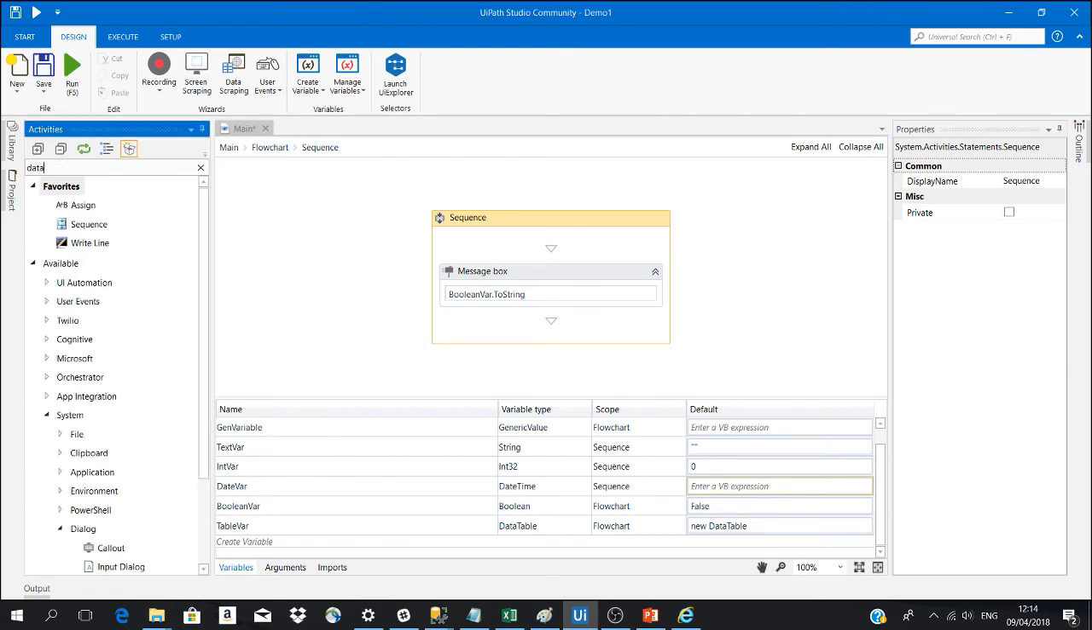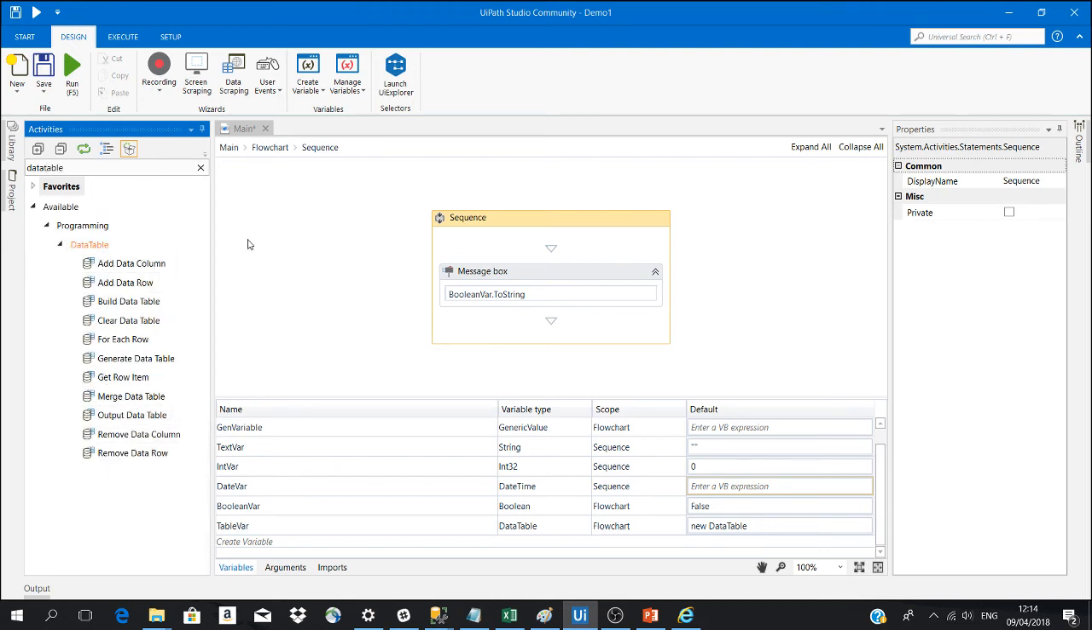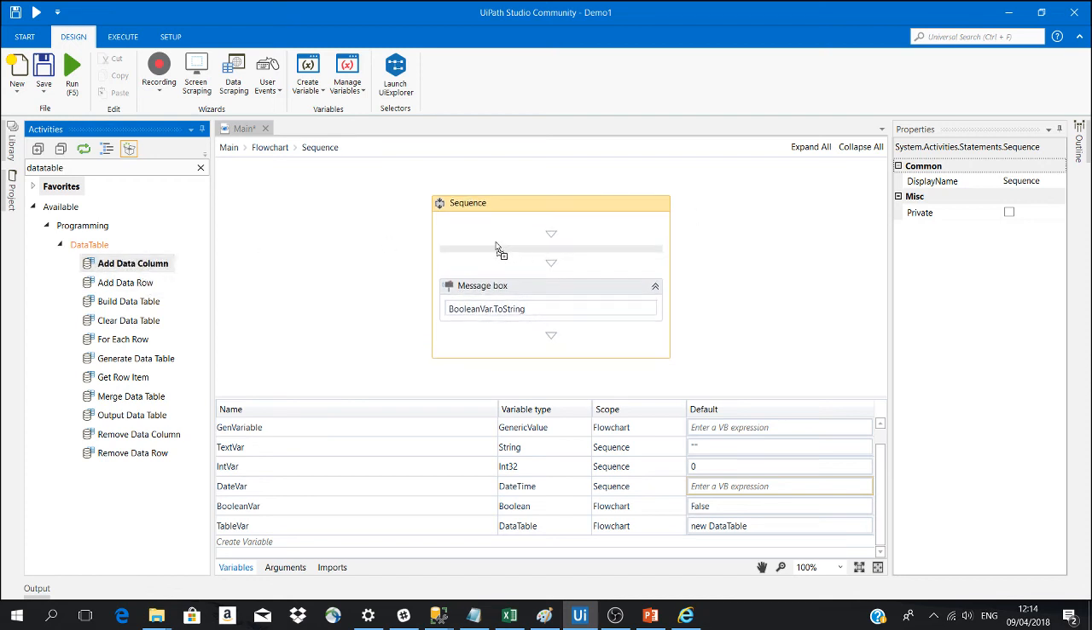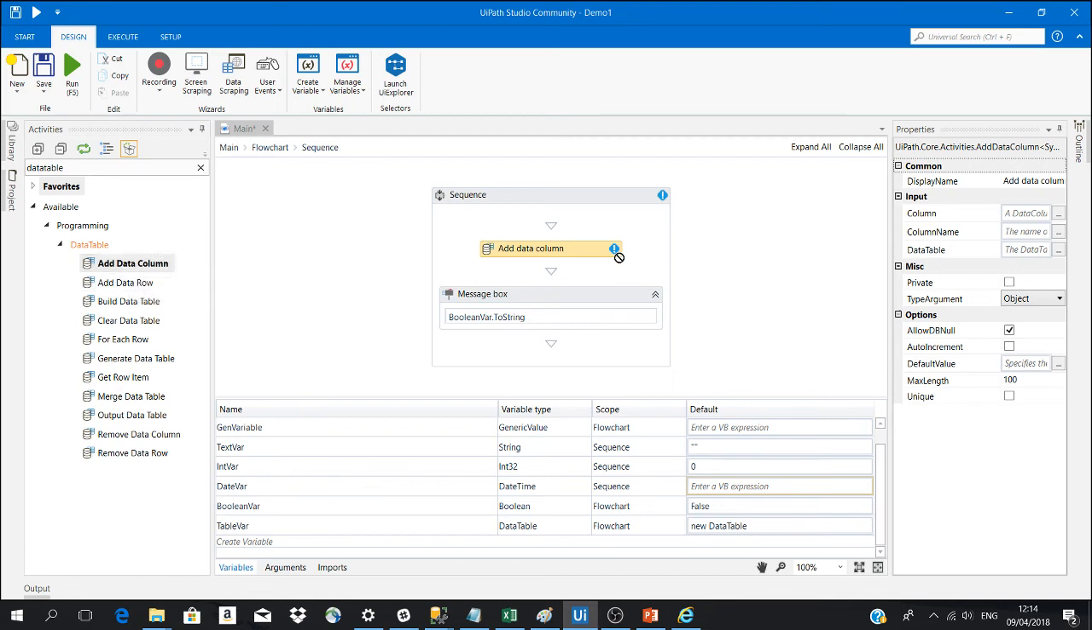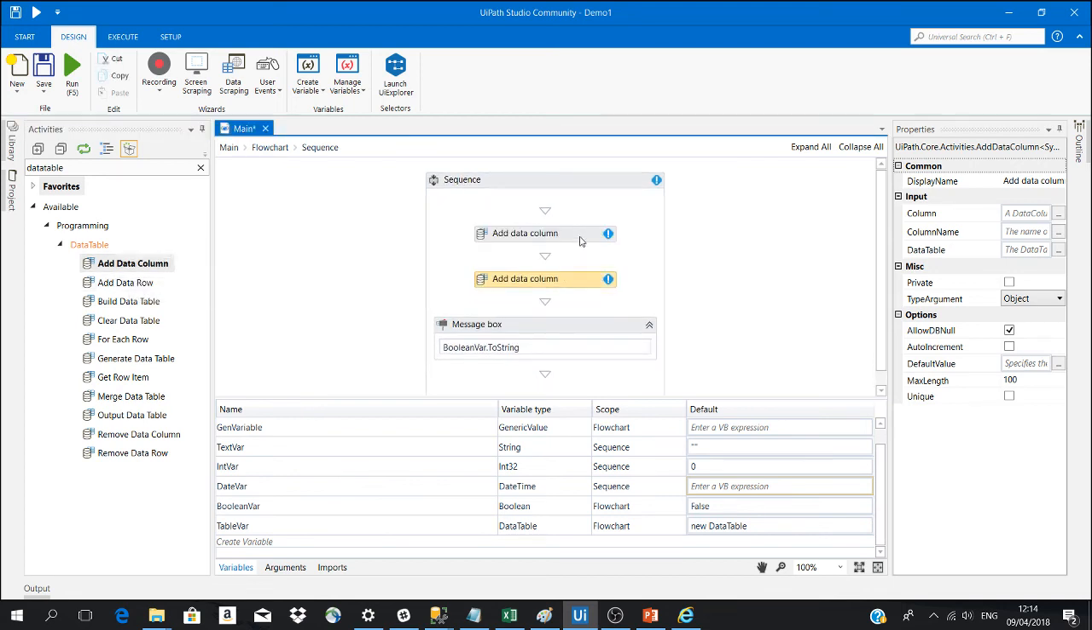If you type data table, you will see the data table functions in here. Let's add column, 2 columns to the data table. You can leave it blank if you don't have a column in place already. If you have a column in place already, then you can write the column name here. Otherwise, you can create a new one by giving it a name, like name,